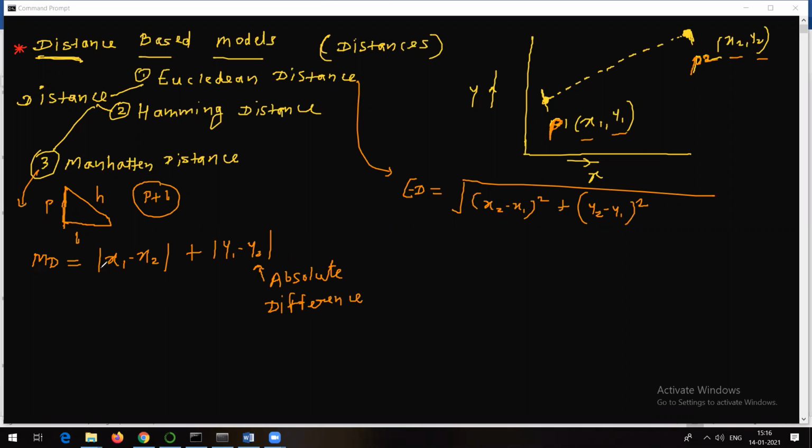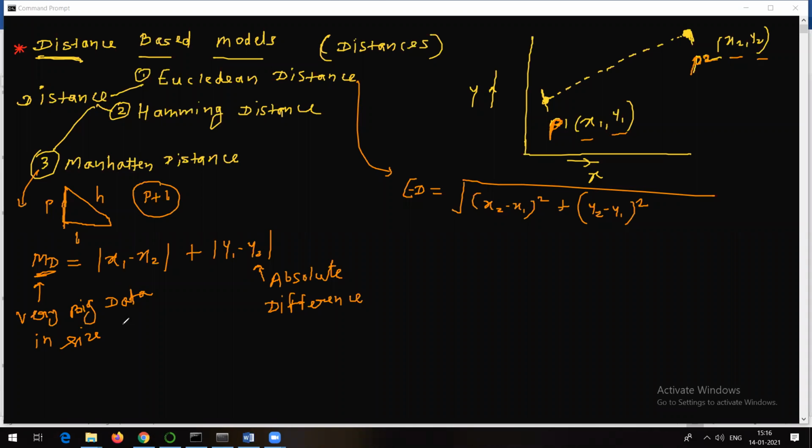Now the question is when to make use of Manhattan distance to calculate the distance between the points in the plane. Always remember, whenever the data is very big in size, in that case one can go with Manhattan distance. Otherwise, most of the time you will see that Euclidean distance is used by default. So this is all about Manhattan distance in short.